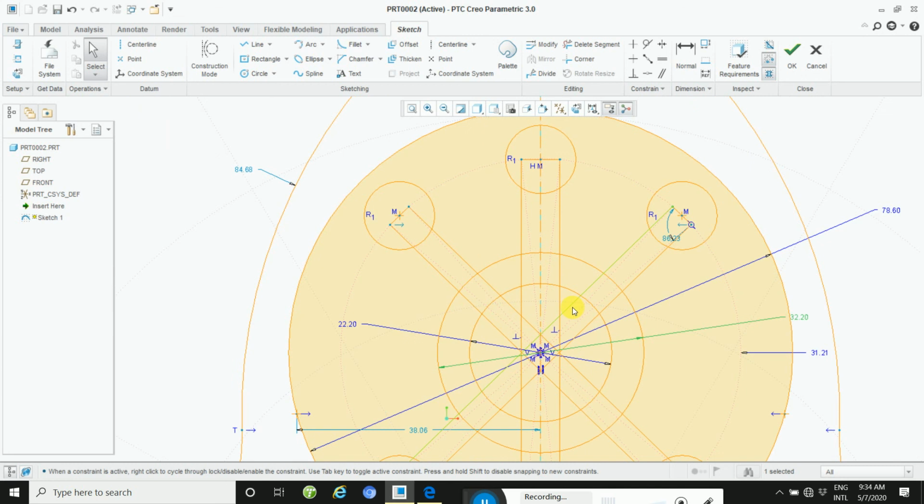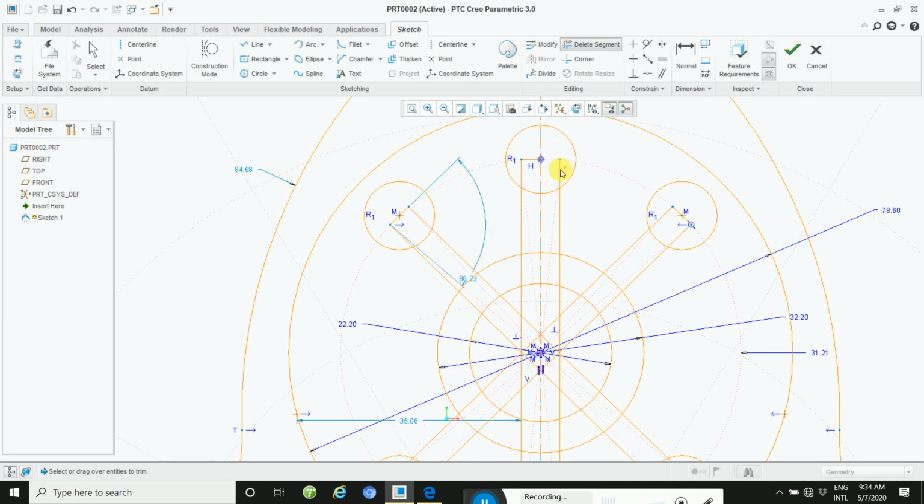Okay, then remove this inner part. This way.